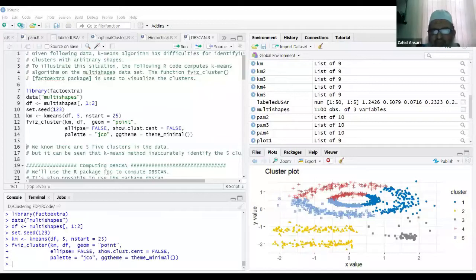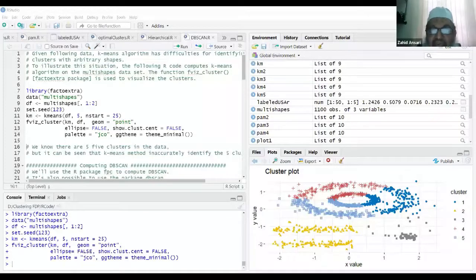The different colors tell us one cluster each. So basically there are 5 clusters, but k-means wrongly classified it, because k-means looks for the centers. So in that case, k-means is not very suitable.